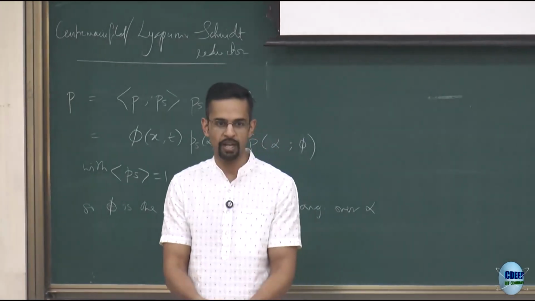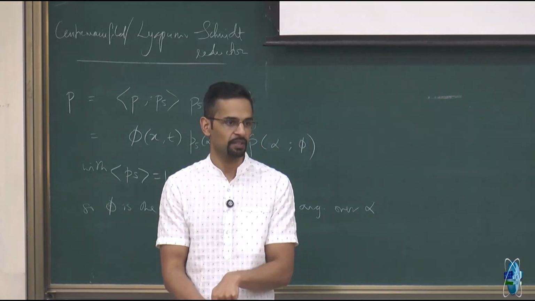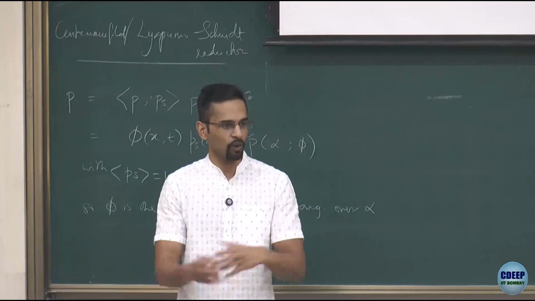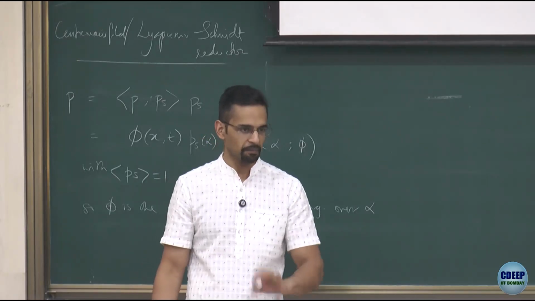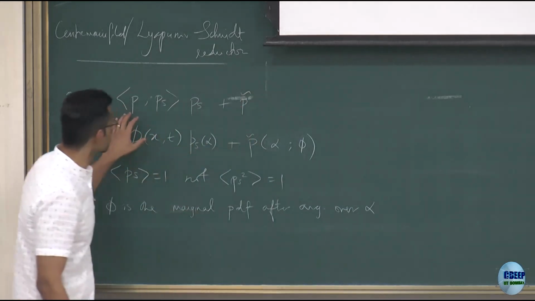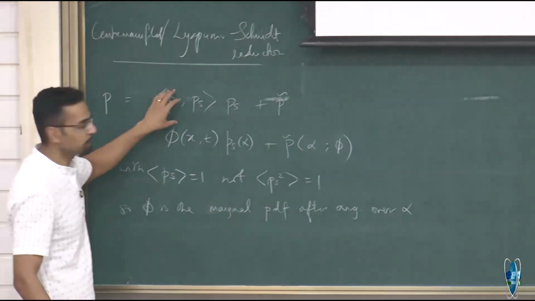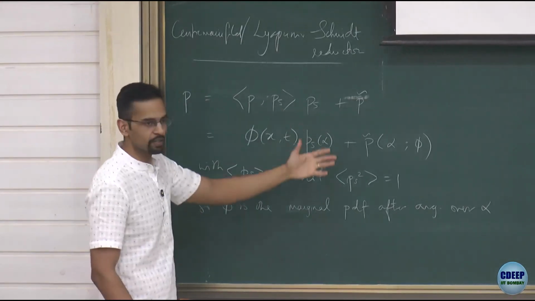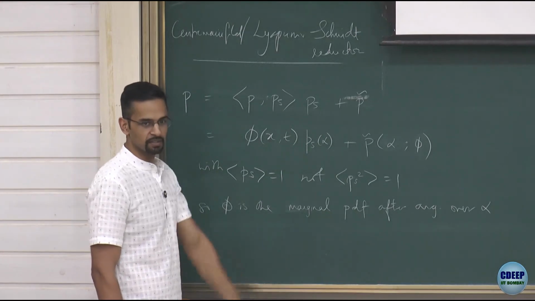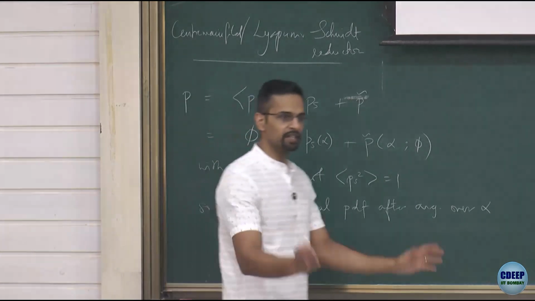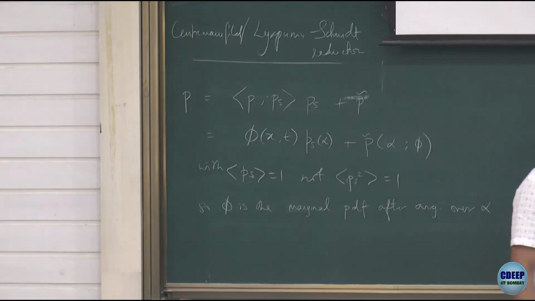So at any position of time, if you want to know how many swimmers are there, then I would have to take swimmers of all orientations and add them up, but weighted by the distribution in orientation space. So that's exactly what this is. You take the full 2D PDF, you multiply it with the distribution in the alpha space, integrate out alpha. So that gives you the marginal PDF. So phi is, if you like, the PDF after I integrate out alpha. Of course, in the correct weighted way.